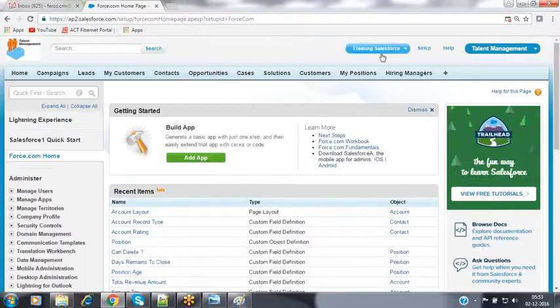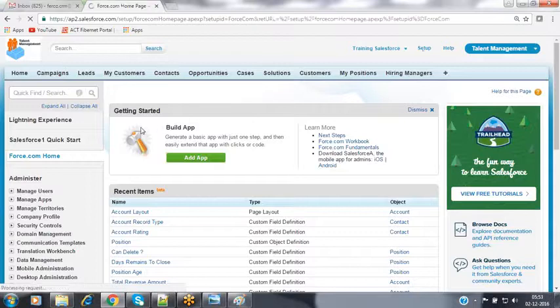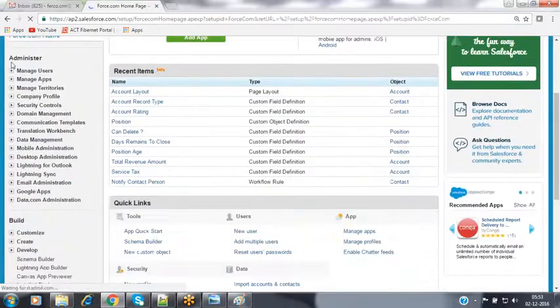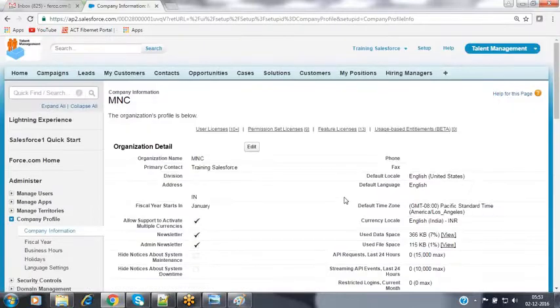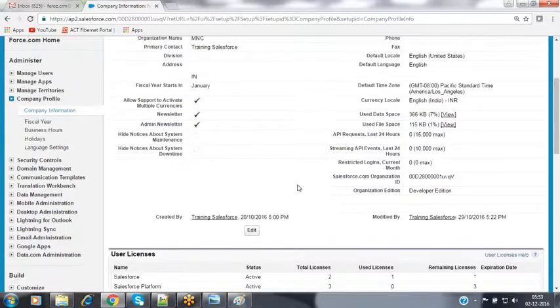In order to get the ID of your Salesforce organization, we can go to the Setup menu, and from the Setup menu, go to the Administer menu in the left panel, go to Company Profile, and inside Company Profile, we have an option called Company Information. Click on Company Information, and inside the company information details, you will have a field called Salesforce.com Organization ID. This is the ID allocated by Salesforce for my organization.